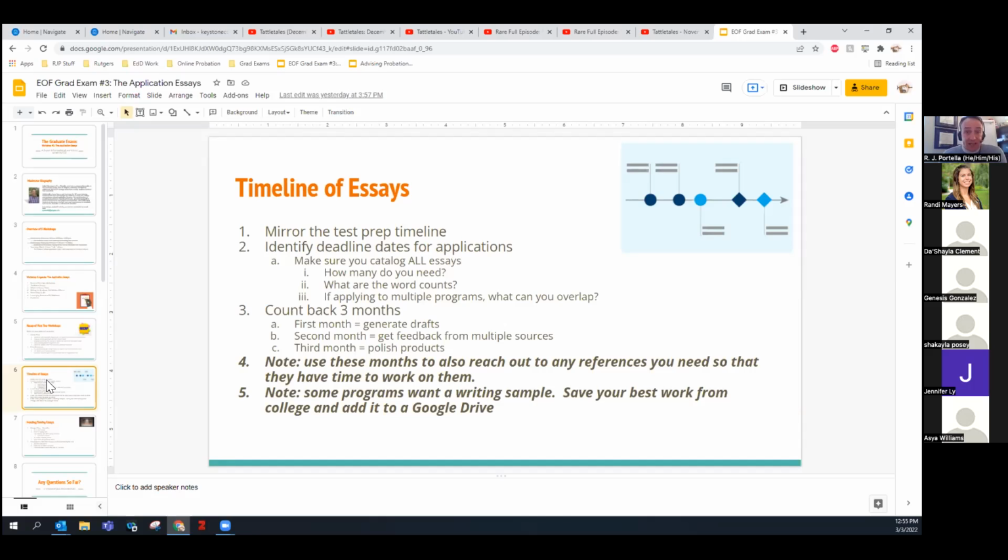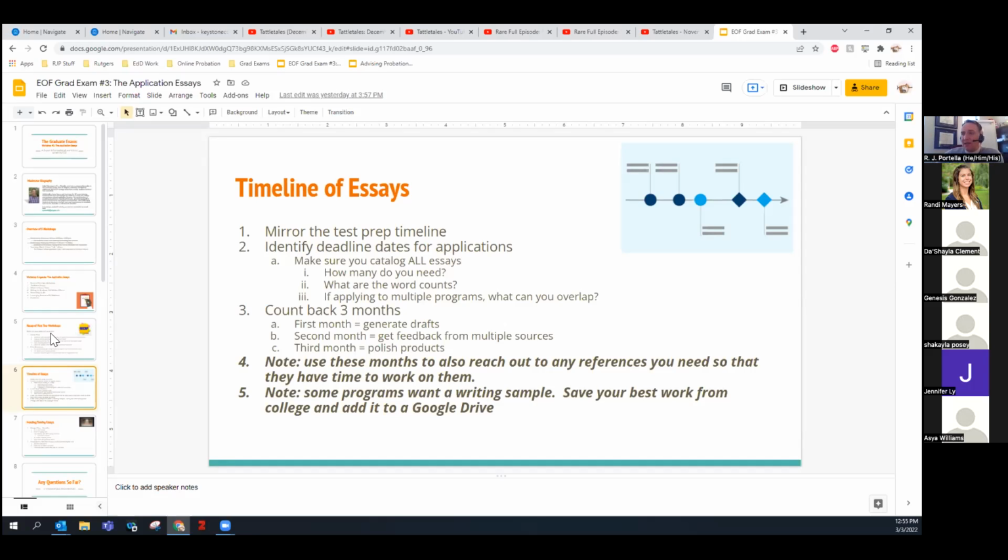You're going to have a lot of essays to cover, which is fine. There may be some overlap, but you're also going to be paying application fees for every single one of those applications. And the more that you do, you could run into $300, $400, $500 worth of application fees. And if you were not convinced that you should be in that program, you might not want to apply. Obviously, we don't want you to limit yourself, but we also don't want you to overextend yourself.